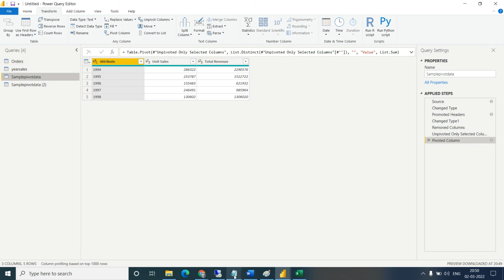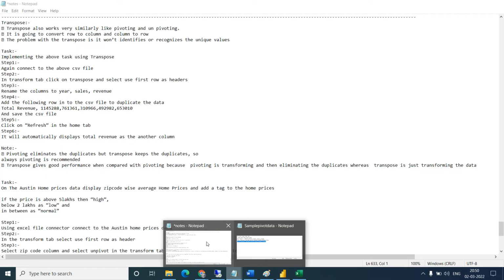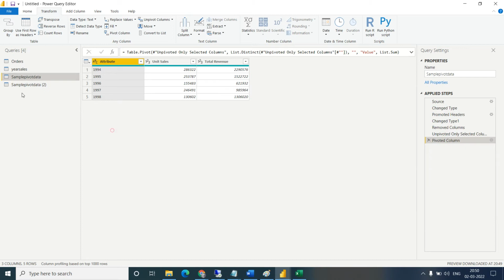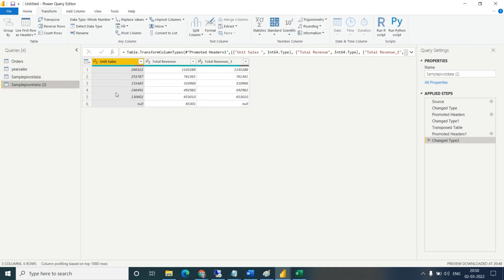Even in our data set we had the total revenue column 2 times, which means a duplicate column. In pivoting and unpivoting, it is able to identify the unique and duplicate, but in transpose it doesn't identify whether it is a duplicate or not. It will return the 2 columns as they are. So that is the difference between transpose and unpivot.